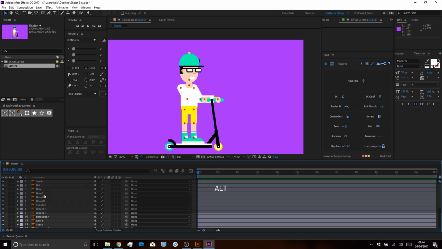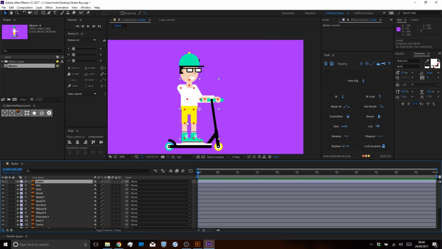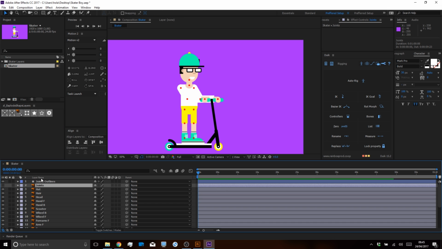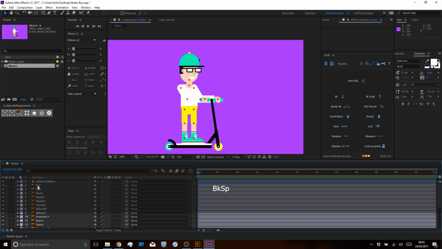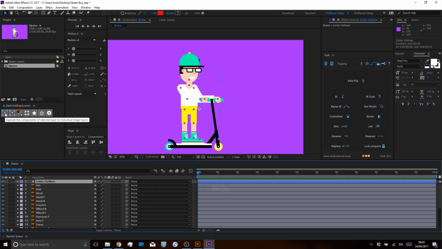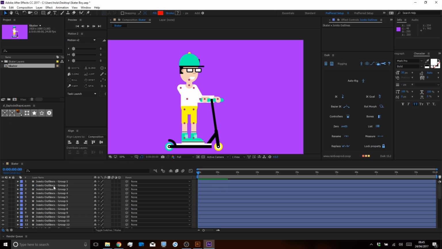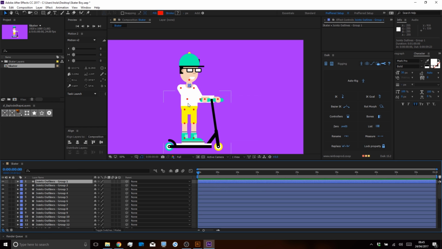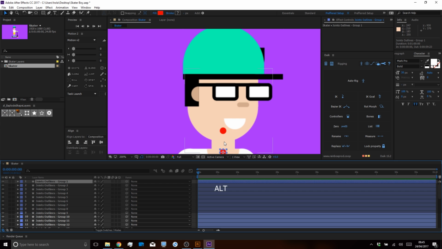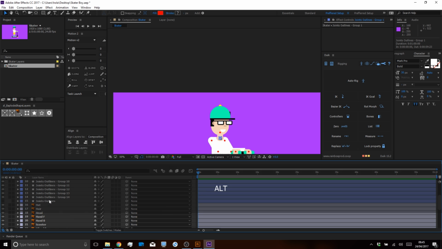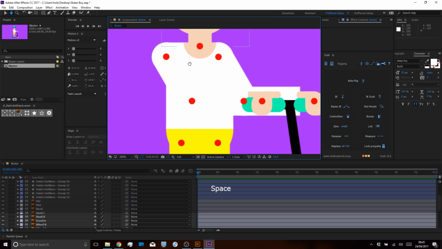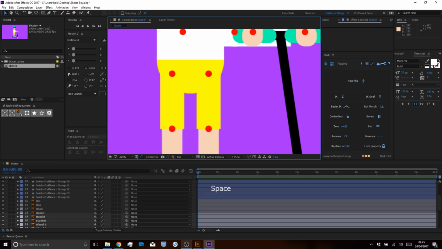So the first thing I'm going to want to do is we have this joints layer. If you have the tool Explode Shape Layers, I highly recommend it. What you can do is convert vector artwork into artwork in After Effects, which is really handy. So we can delete that layer, and then with the explode button we're going to ungroup the layer, basically, so we get a new layer for each of the circles,